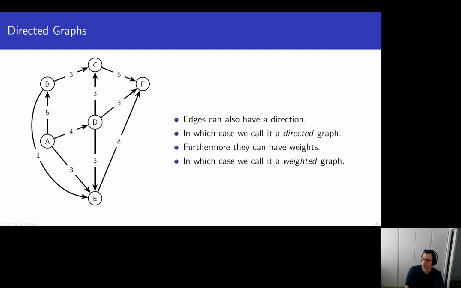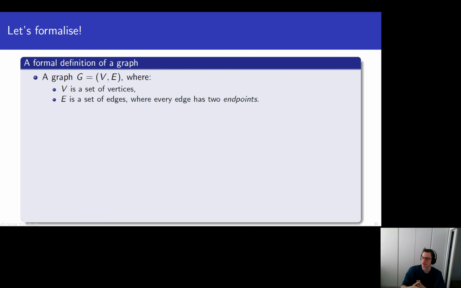Okay. Then let's make this more formal. So you're mathematicians, you might appreciate a more formal setting. Computer scientists tend to dislike this one. They prefer the pictures. But let's see how this goes for you. So if we have a graph, it has a set of vertices and a set of edges. We denote these as V and E. E is the set of edges, and every edge has two endpoints, right? Two vertices that it connects. Now we can